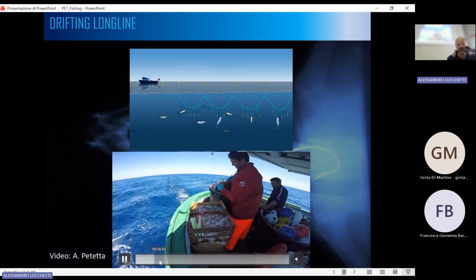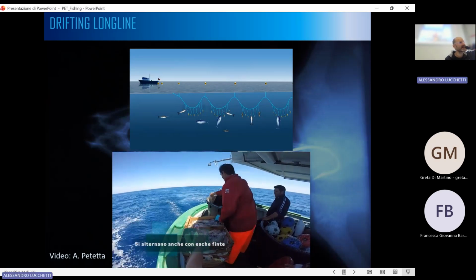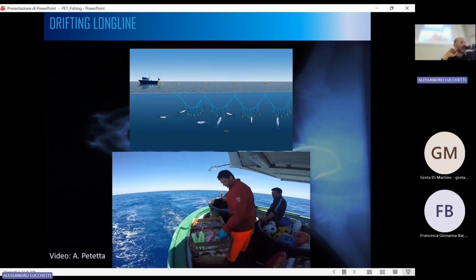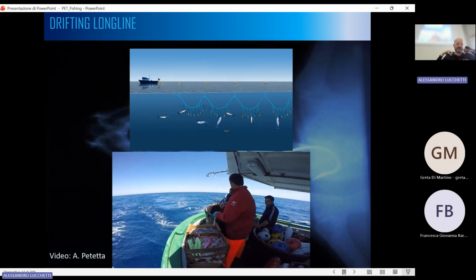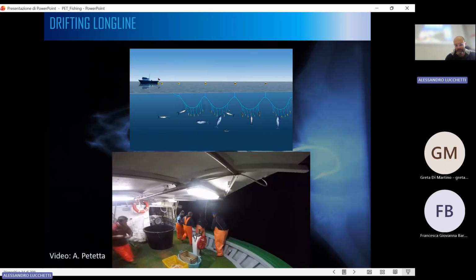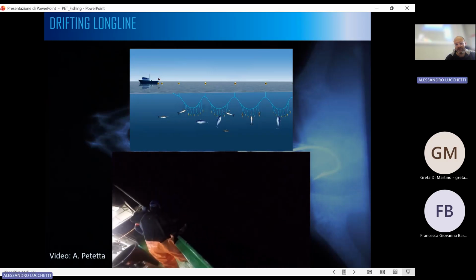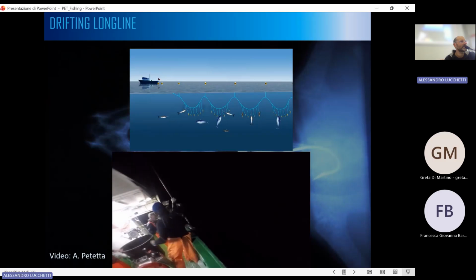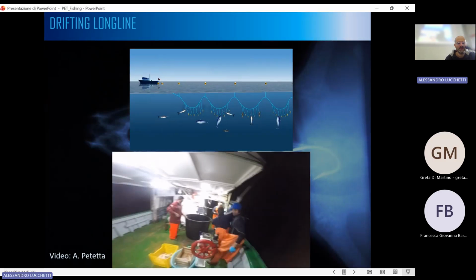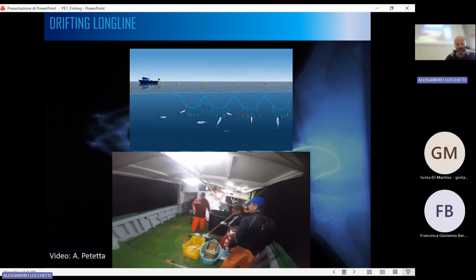They set all the gear, which can be up to even 60 kilometers, just to give you an idea of the dimension of this gear, 60 kilometers. After this, they come back to the beginning and start to recover the gear. And that's why they catch tunas,